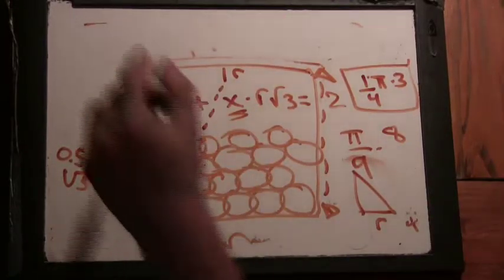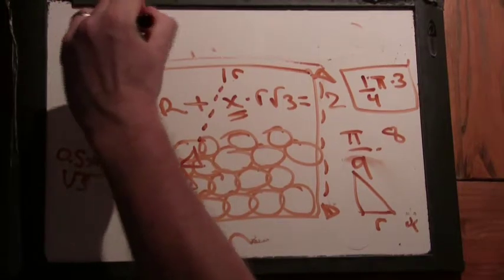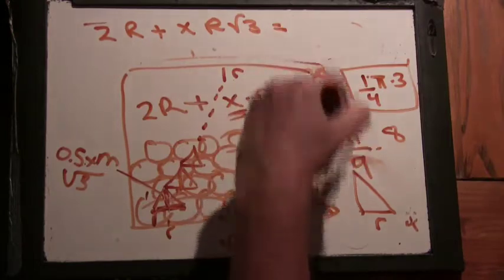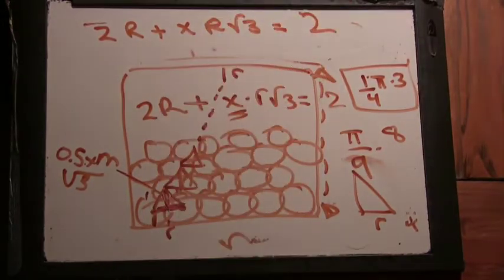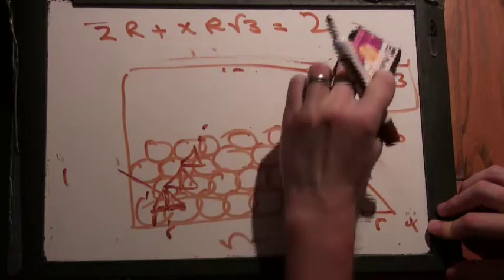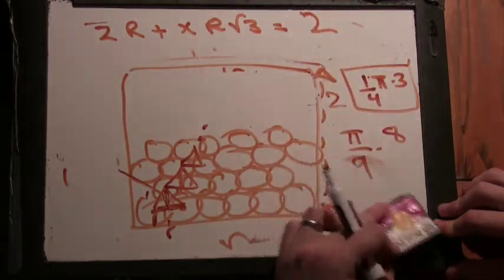Maybe I'll have to write up here. So we're going to try to solve for x. We have 2r plus x times r root 3 equals the side length of our square, 2. Okay? And when I have n circles across the bottom of the square,